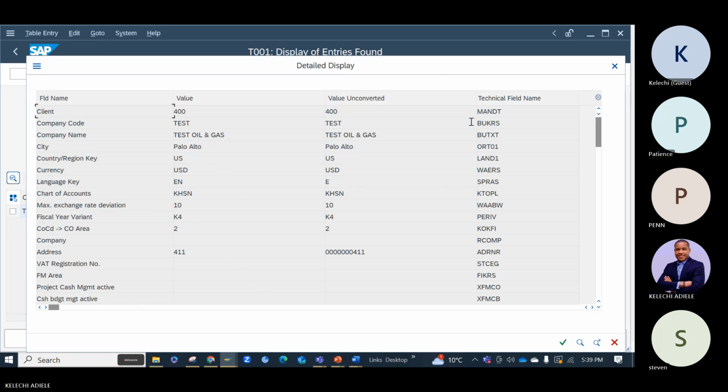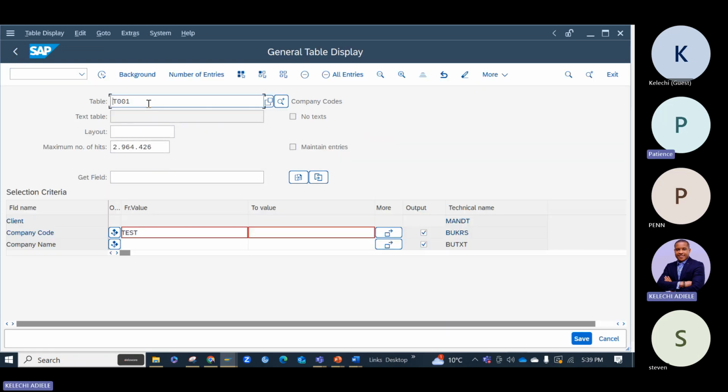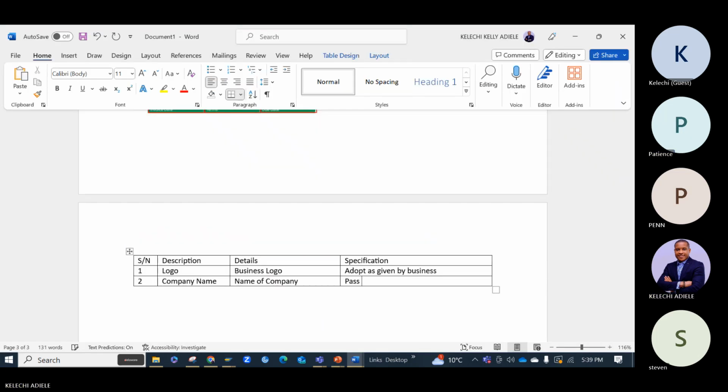So first things first. Let's do this first. The first thing is I provided the table name and I added the company code. So you come here, say pass. It could be any English, or some people have different ways of writing it. Some people say adopt, I've forgotten those terminologies, but you can tell the technical guy pass